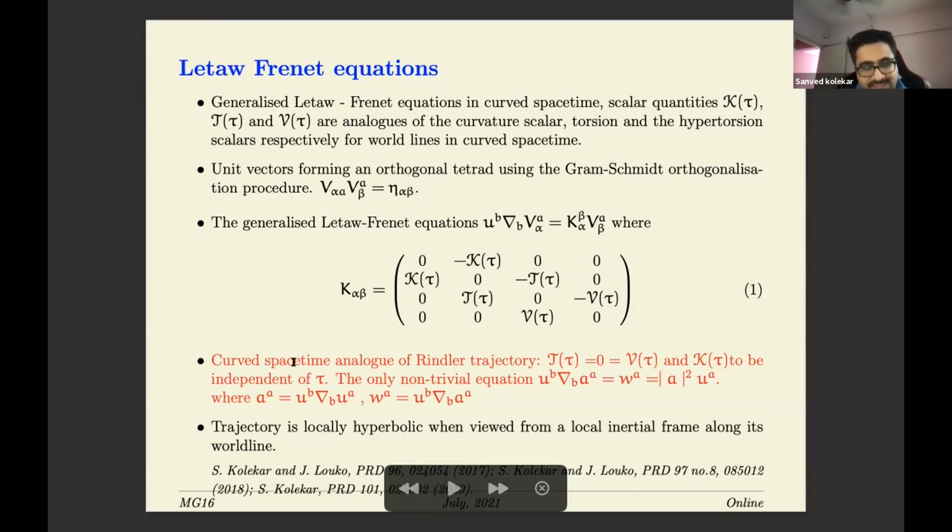So what do these technicalities tell you? If you take any event on that particular trajectory and construct local inertial frames there, in that local inertial frame your trajectory would look exactly locally hyperbolic, the exact same way that you would view the Rindler trajectories in flat spacetime. So that is what this construction guarantees. It guarantees local hyperbolicity all along the trajectory, and so it guarantees the planar condition that we were after.